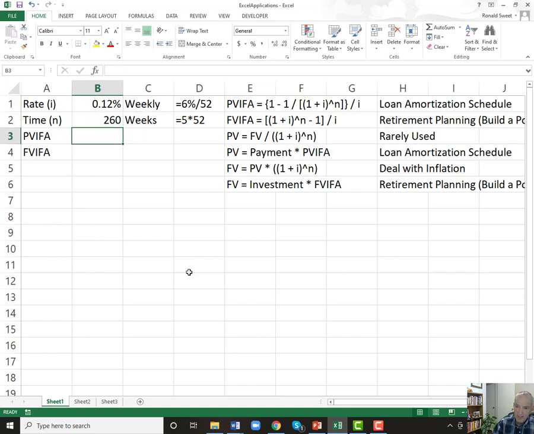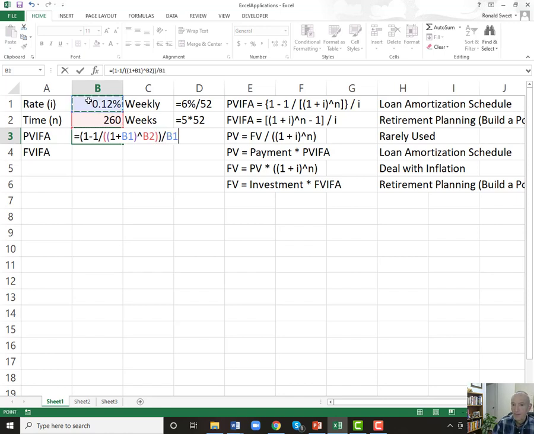So let's set this up with this formula. Look at the formula over here, and we're going to type it exactly like that formula. So we're going to do equal, and the only thing is we can't use the brackets. We can only use parentheses, but we'll do equal, open parentheses, 1 minus 1 divided by, you have 2 parentheses there, 1 plus our rate, close parentheses, raised to our time, close parentheses,